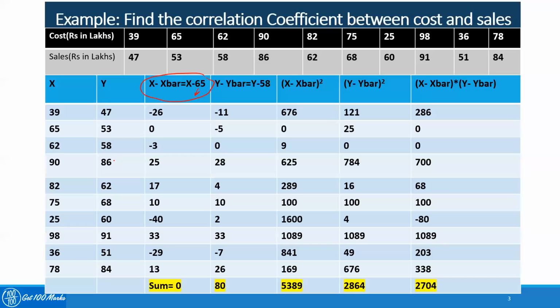In a similar way, in the series of y, I have taken another value, which is 58, as my assumed mean. If you see here, 58 is there. But once again, I am repeating, you may take any value, not necessarily from this series. You can take any value as your assumed mean for y.